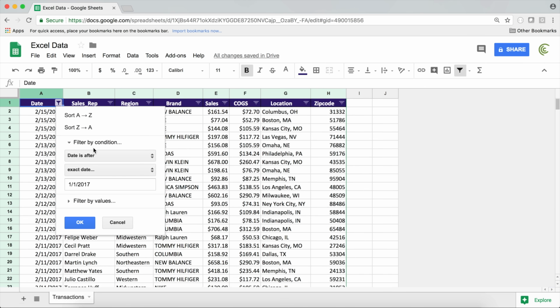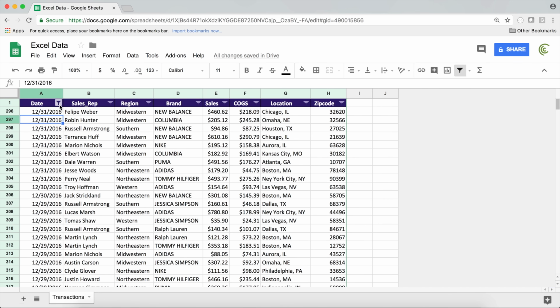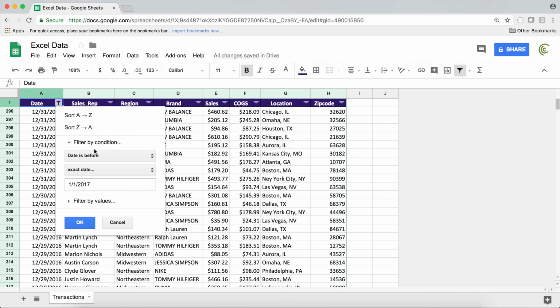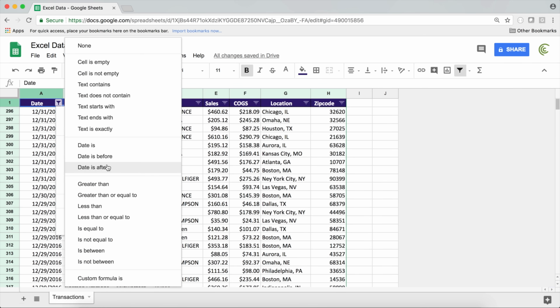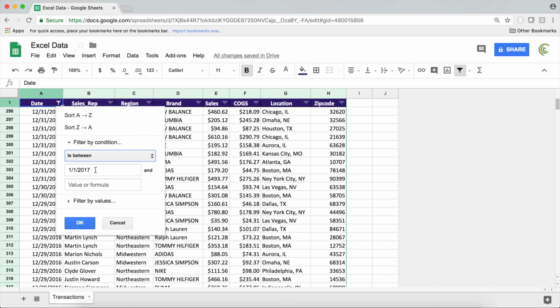Now, if I go here and switch to date as before, that gives me everything before that date. If you wanted to get something between two dates, there is really no option for between dates, but you could just scroll down and use this is between option and it will work just fine. So I'm just going to do is between, and then let's say I want everything from June 1st, 2016 through